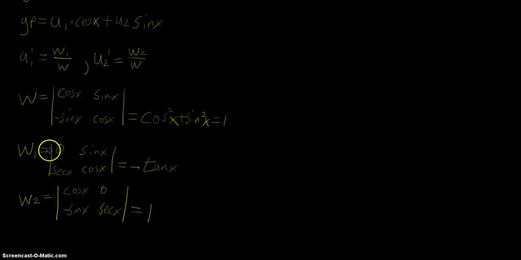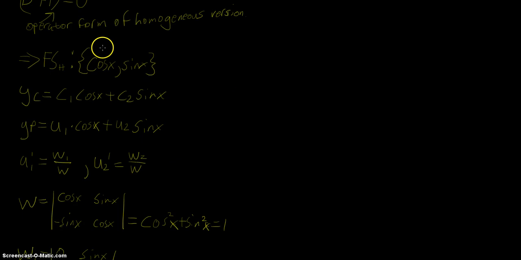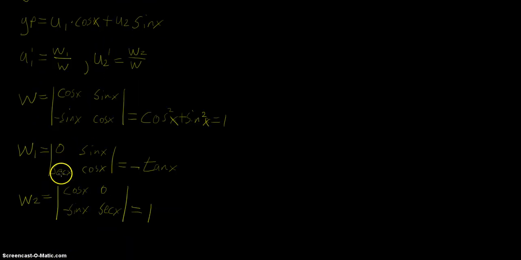Now w1 is 0, and then, did I label this? No, I probably should have labeled it, but we'll call this right here in our wording, without having written it out, g of x, or f of x. So w1 is 0, f of x, and then everything else is the same. It's the same as the Wronskian. w2, you move over here to this column and you put 0, f of x, and then everything else is the same. So the determinants of these matrices, you can see here, negative sine times secant is,